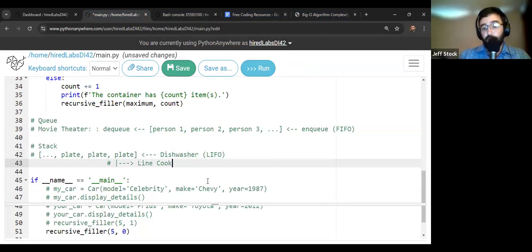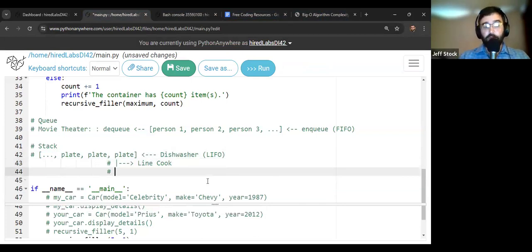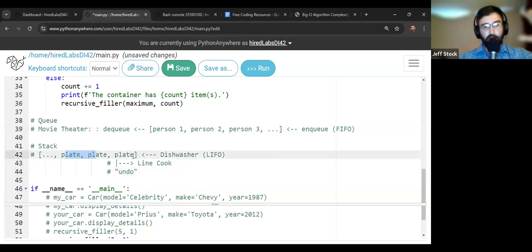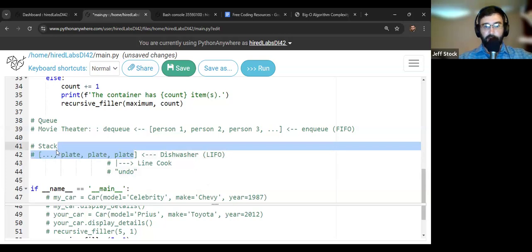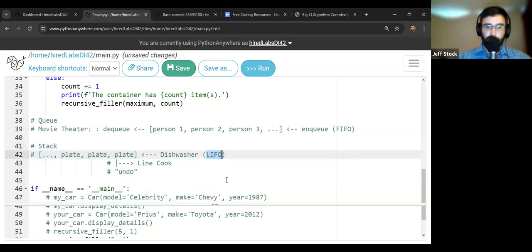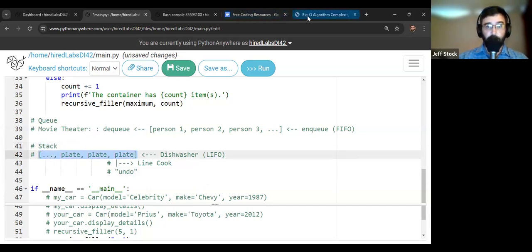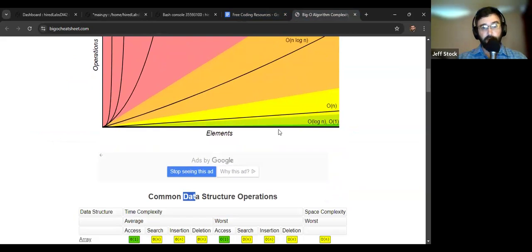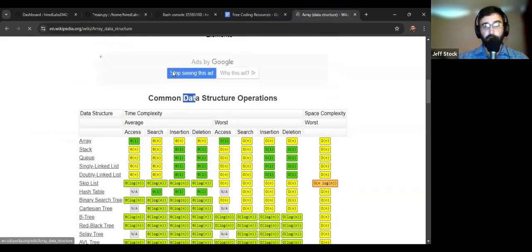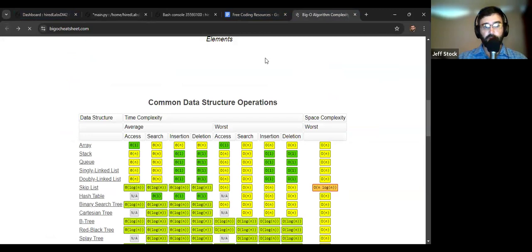And why would we do this in a real world application scenario? This could be like an undo function in an app. So you're typing something and you hit Control Z. This is the sort of thing that will remember the keystrokes that a user put in and give them the ability to wind backwards through that. Whatever they just put in last is the first thing that's removed. So that's why you may want to implement a stack. That's what it's called, to set your data up to function this way. Keep in mind, if you have a lot of inputs, it may slow down. It may be better to not use an array to do it, but to use a stack instead.